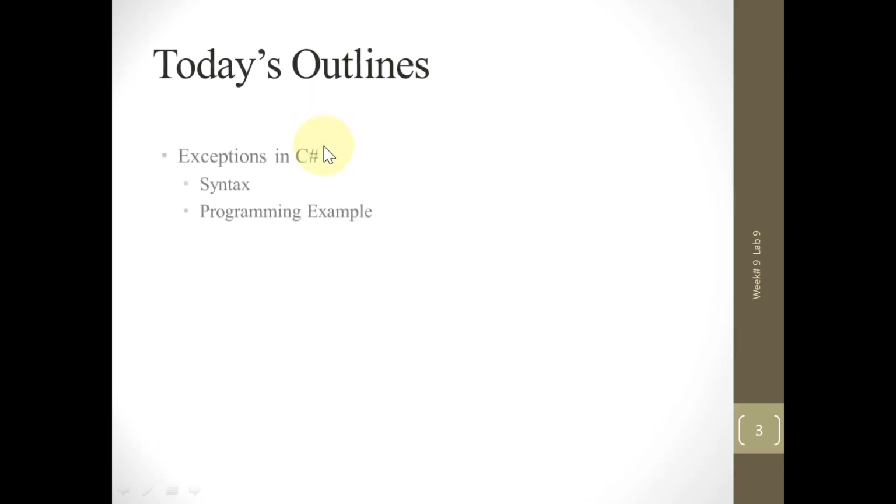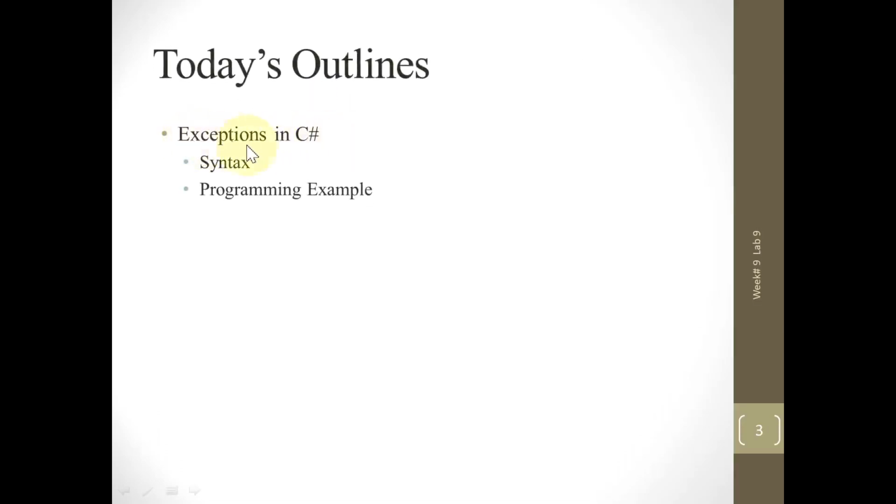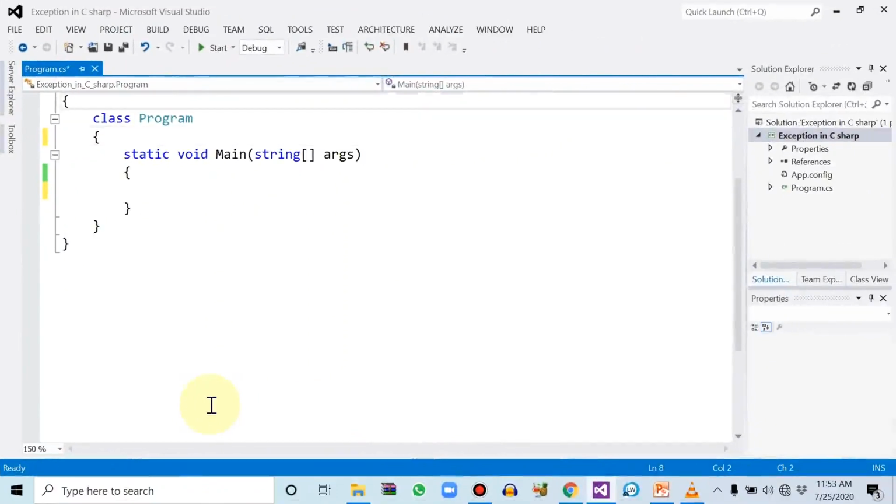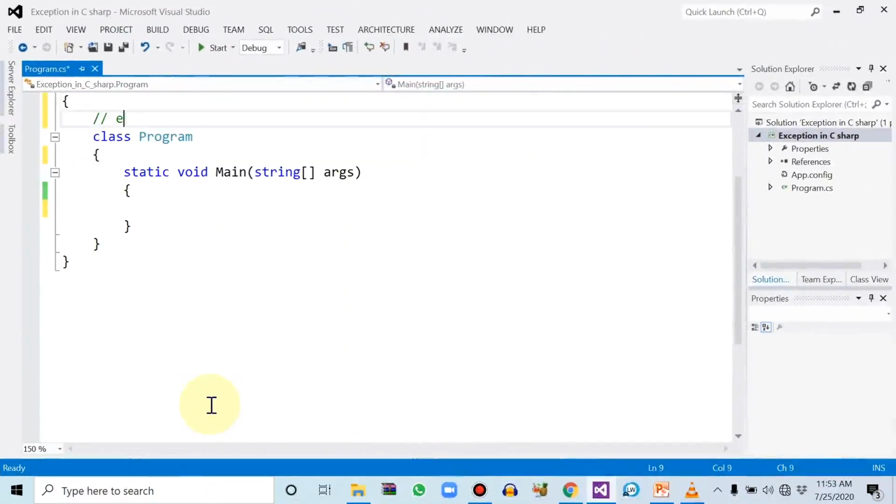Inshallah, in today's lecture, we will be implementing exceptions, and we have also already learned about the syntax within the theory class. So within this lab class, we will be implementing the programming example of how exceptions are handled within the C Sharp .NET framework. So now let's see and implement this exception within C Sharp. Okay students, let's start a topic that is exceptions, that is how exceptions are handled within C Sharp.